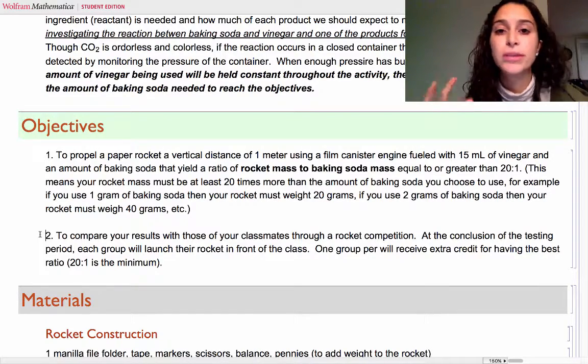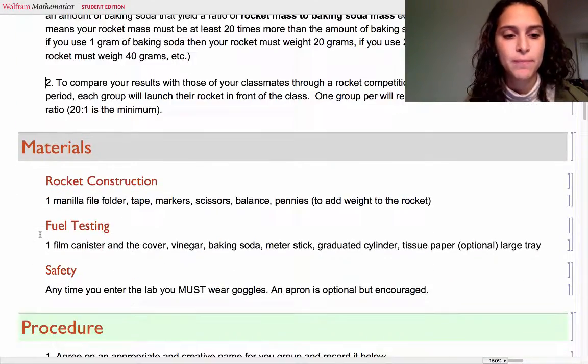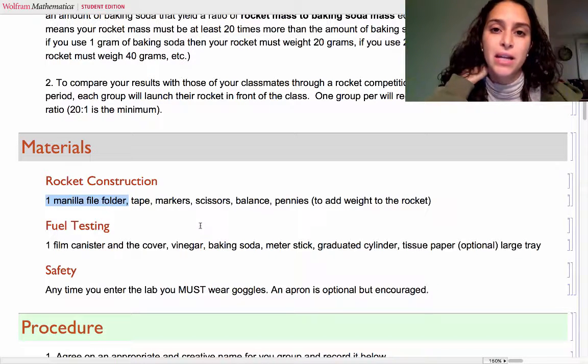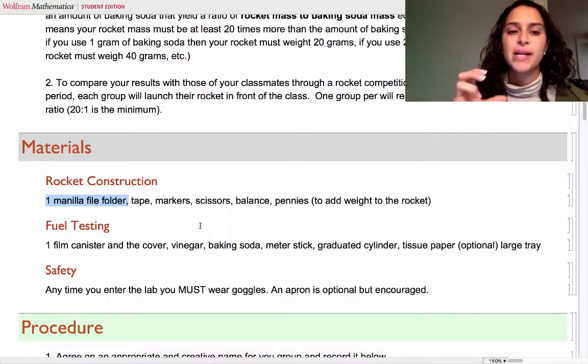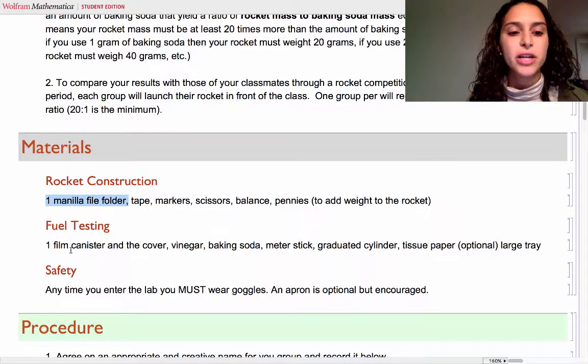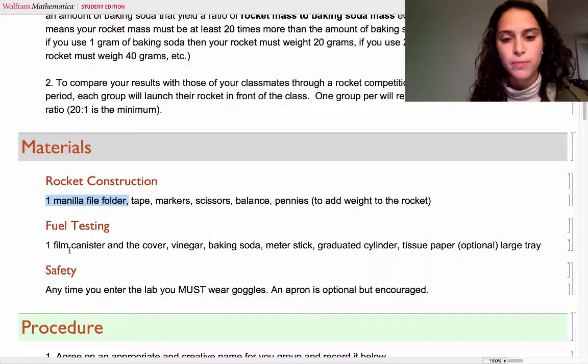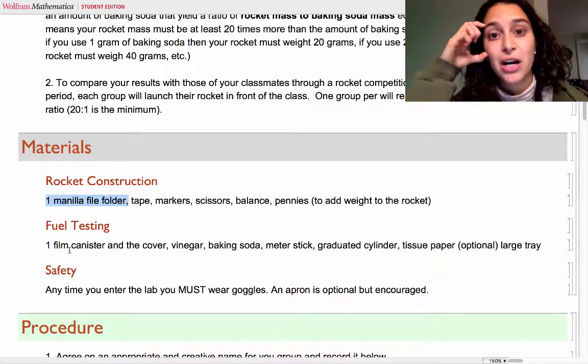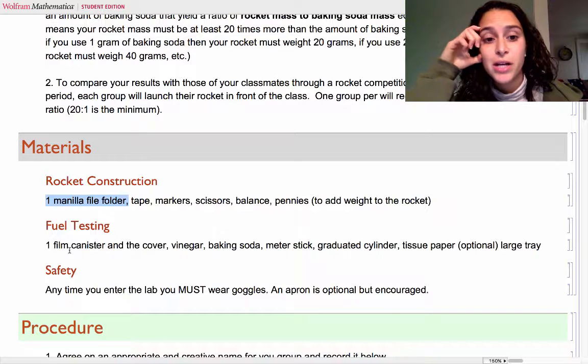I want to go through some of the guidelines. Okay? So you will get a manila folder, tape, scissors, markers, balance, pennies, so on and so forth. Only the supplies I give you. The rocket has to be made out of mostly the manila folder. Then you'll get a film canister with a cover, vinegar, baking soda. We'll have a meter stick so that you can measure, tissue paper if you need it. And you must always wear goggles because the caps of the